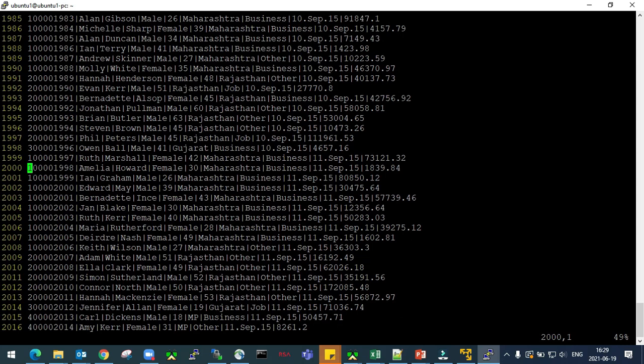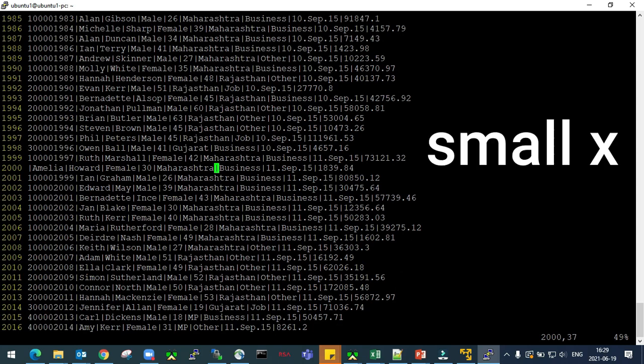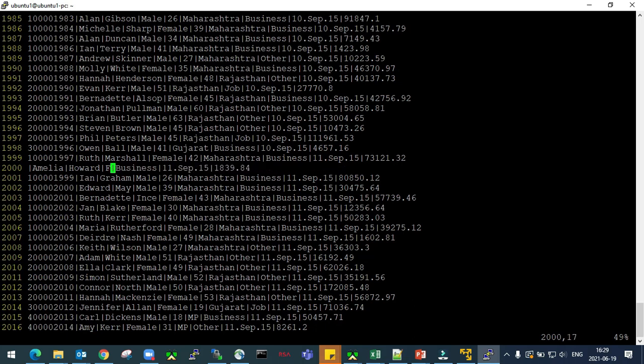So I can press escape and small x. Small x will behave similar to your delete key. It will be deleting your character in the right direction. Alright. Now if I want to remove from the left side, like a backspace key on your keyboard, what I can do is press the escape key and just type capital X. Capital X will be deleting the string from the left side, right? So in that way you can delete a particular string or a particular character.